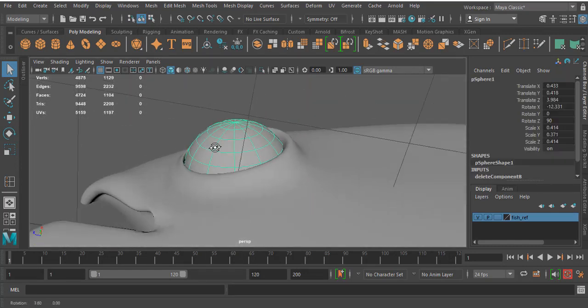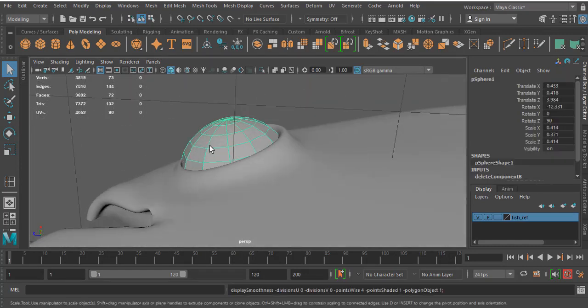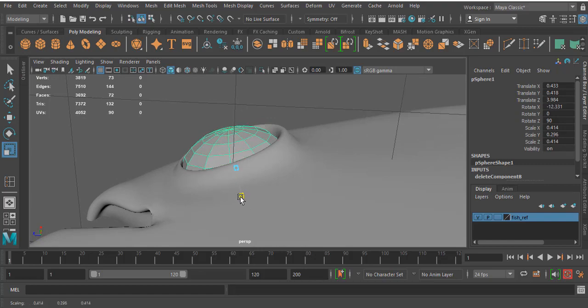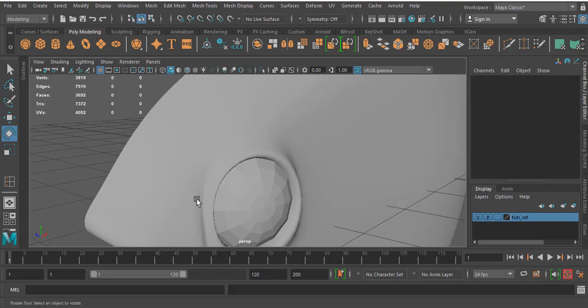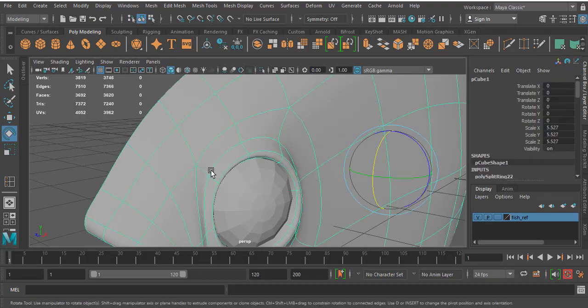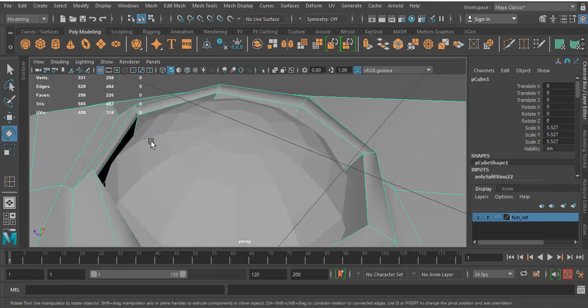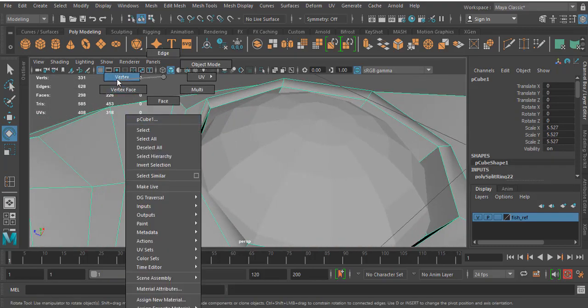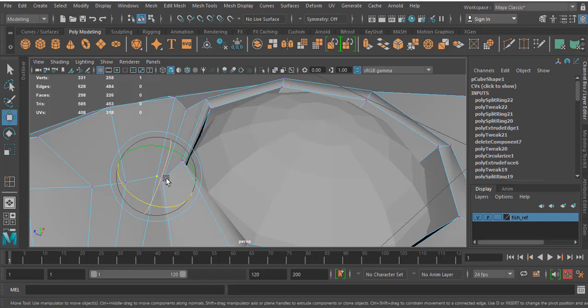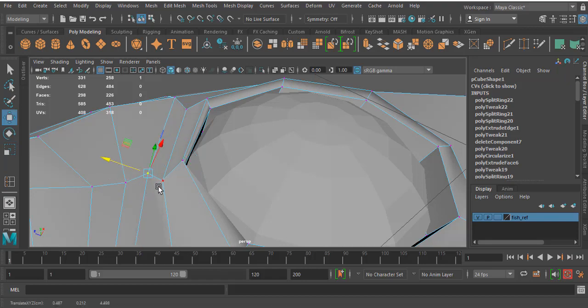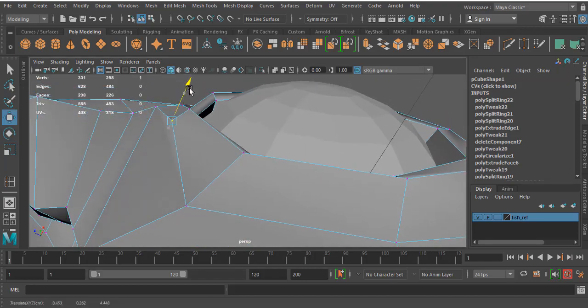Okay, the eyes seem like you will get this depth. If you really want to remove this depth, you can select these points and move this out.